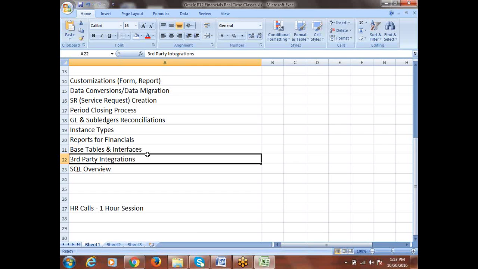But if the client is not going to use our accounts payables expense functionality, and is not going to take a license for iExpense, and is happy with a tool they currently use from a third party vendor for expense management, then when we are implementing this financial application for the client, we definitely have to interface the data from the tool to accounts payables.